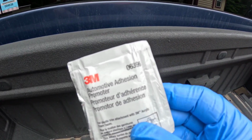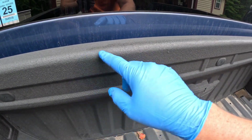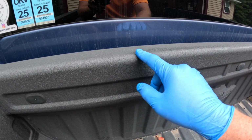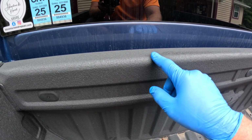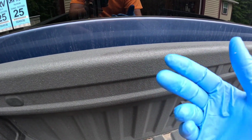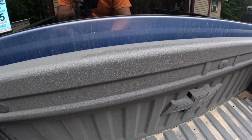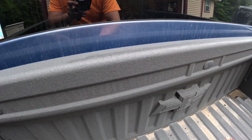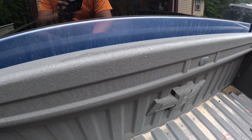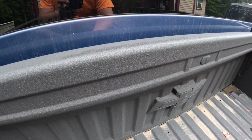I always like to use adhesion promoter to prep these rails to make sure these seals stick. It may not be a big deal just cleaning it with soap and water, and you can use some regular alcohol if you want to. But I like to prep it with an adhesion promoter because that makes it nice and tacky. You can feel it in your hands and your gloves, so it sticks there and you don't have to worry about ever having that seal pull off. Although it is a pain to change afterwards, we don't have to worry about it falling off